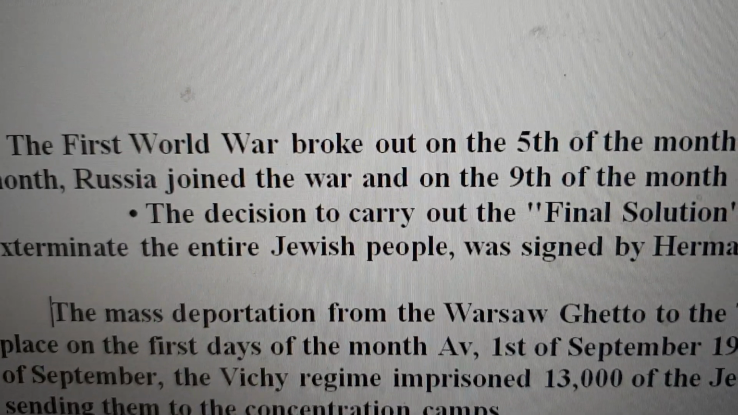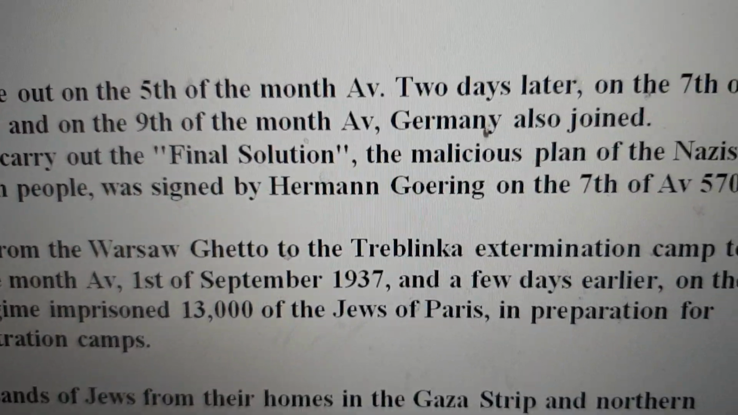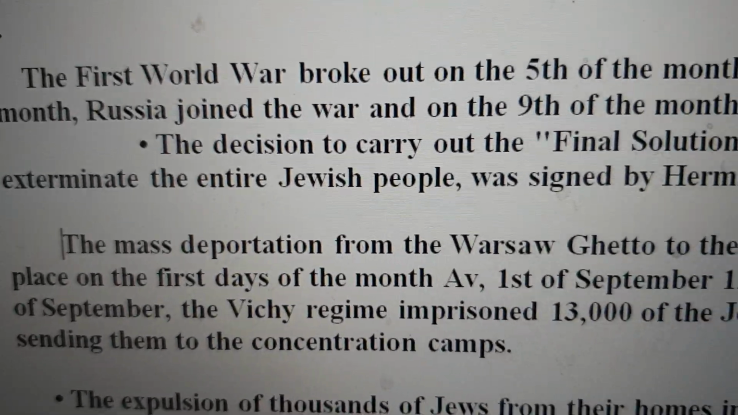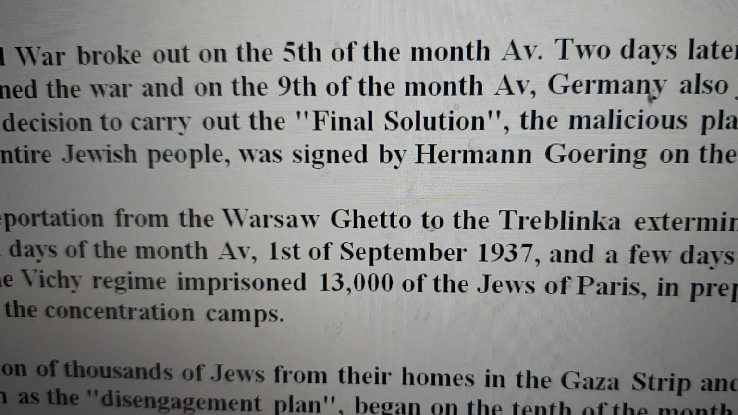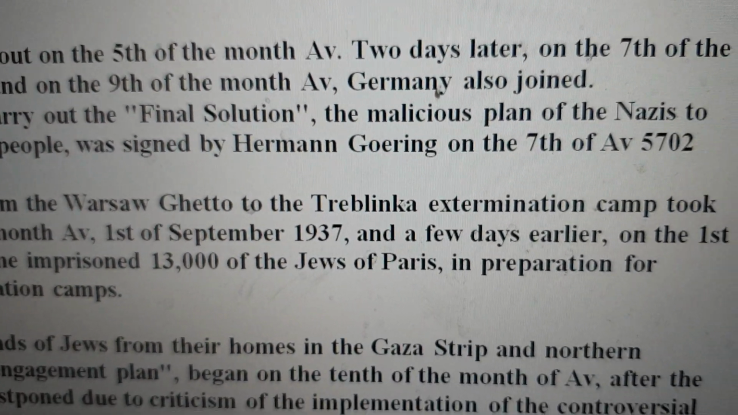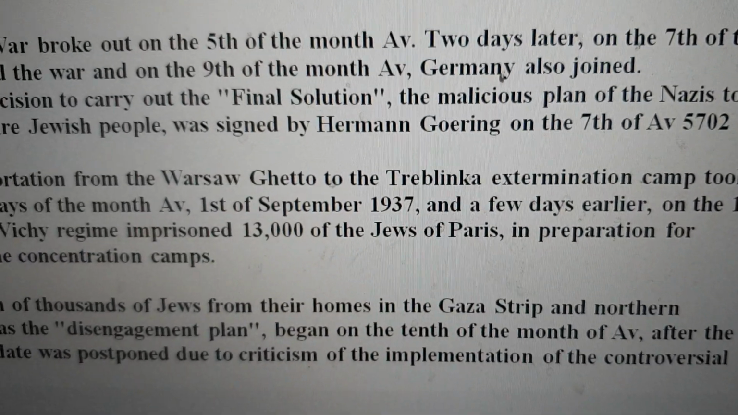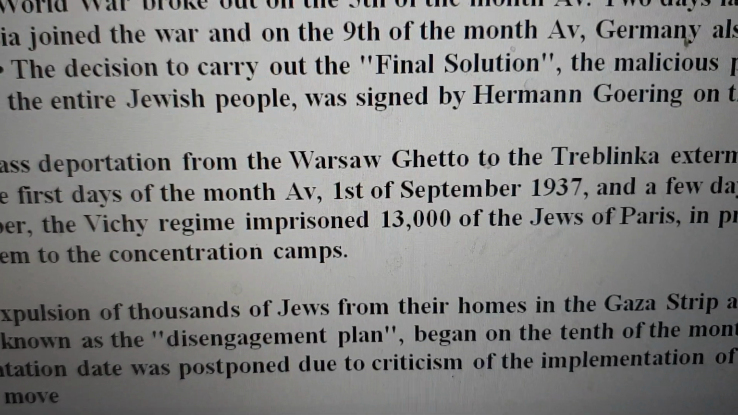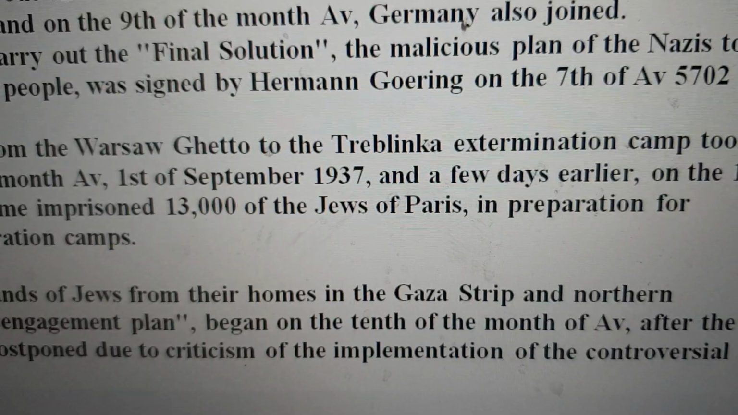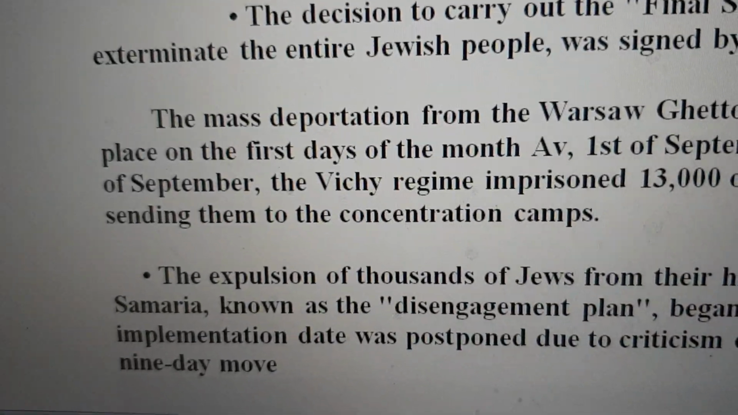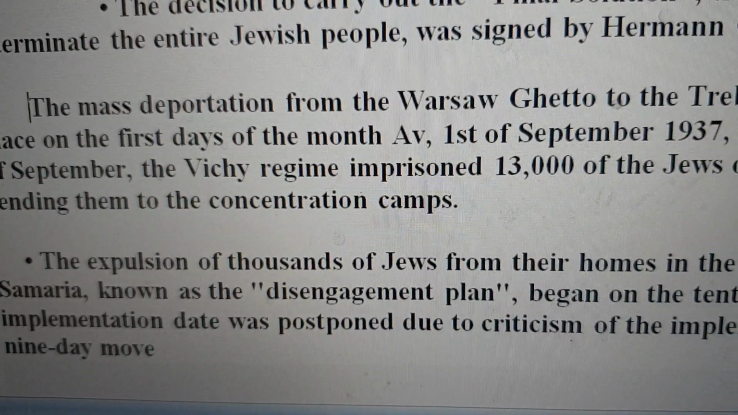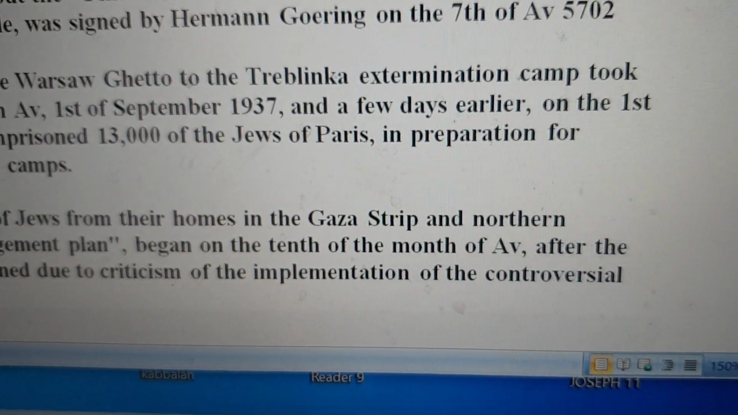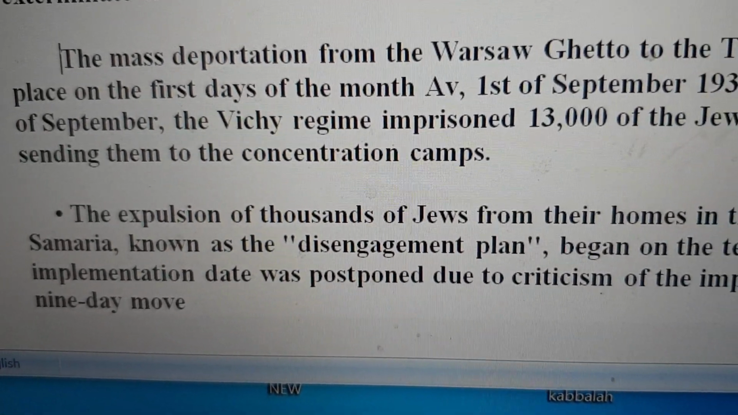The decision to carry out the Final Solution, the malicious plan of the Nazis to exterminate the entire Jewish people, was signed by Hermann Göring on the 7th of Av, exactly the 7th of Av. Then the mass deportation from the Warsaw ghetto to the Treblinka extermination camp took place in the first days of the month of Av, 1st of September 1937, and a few days earlier on the first, sending them to the